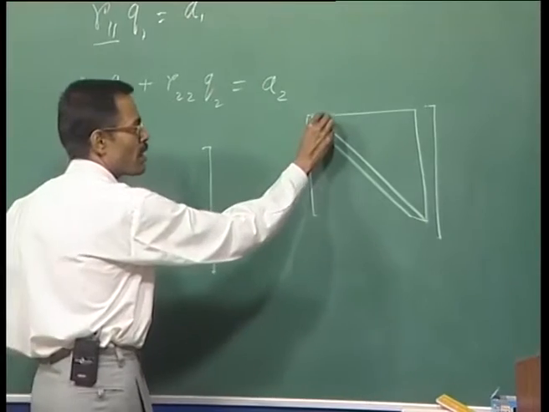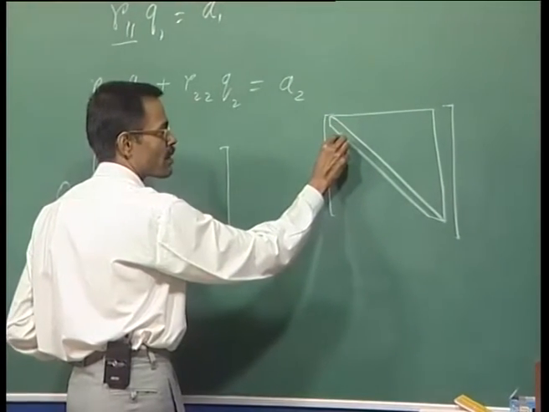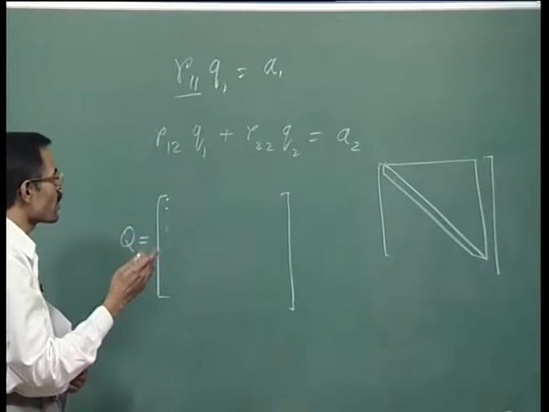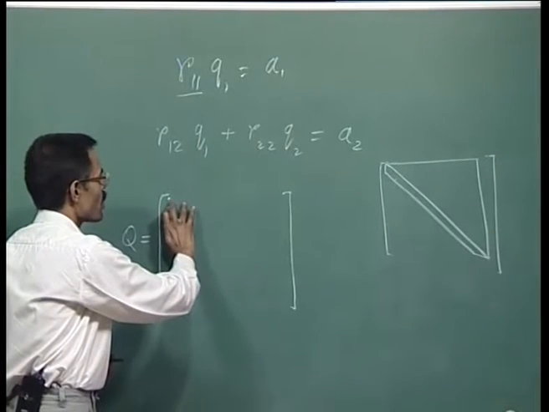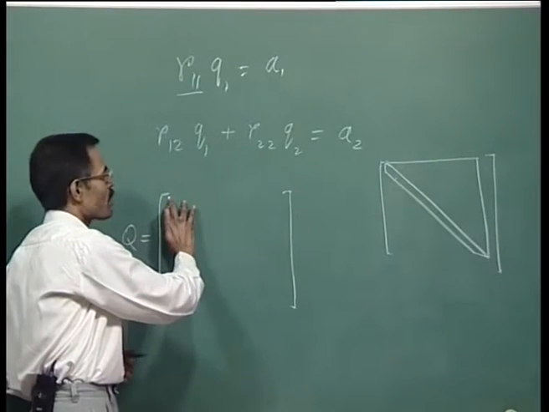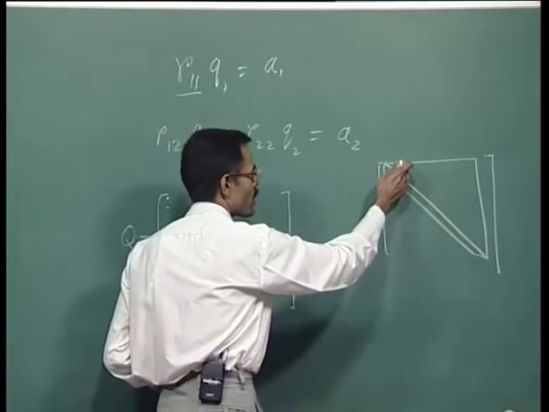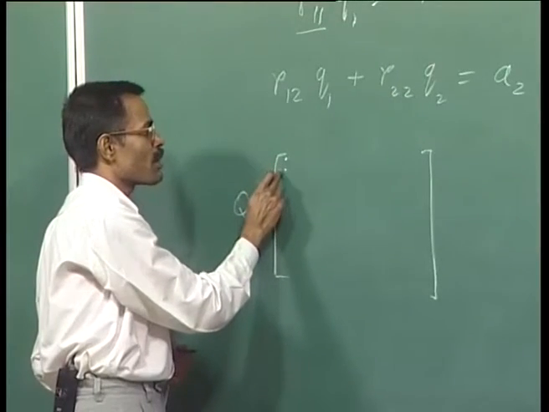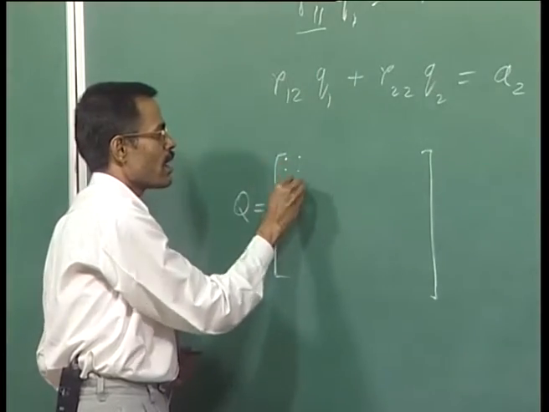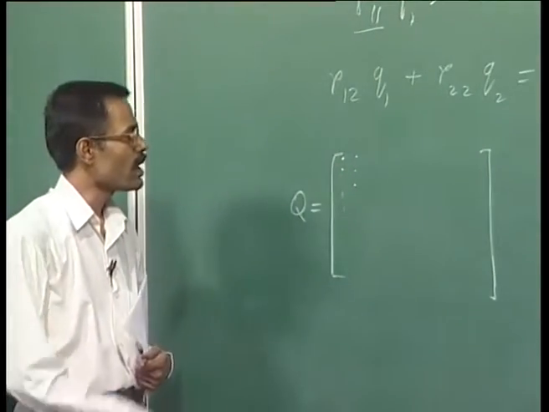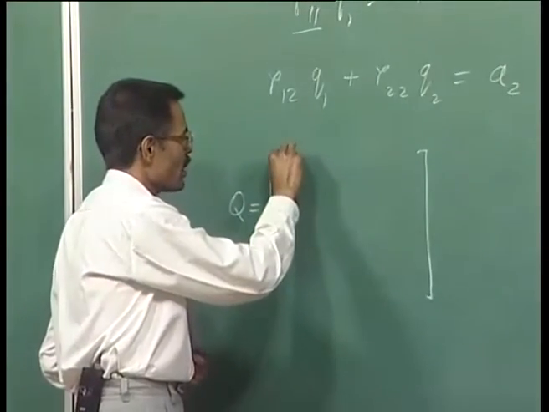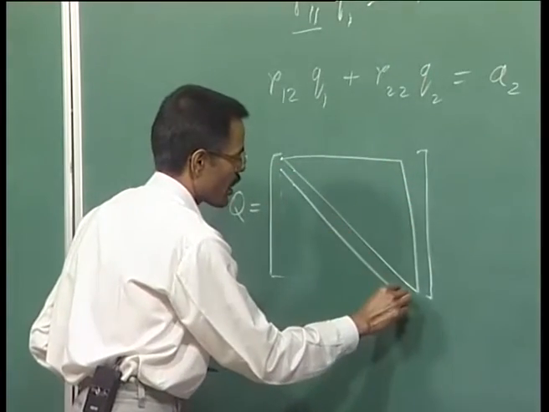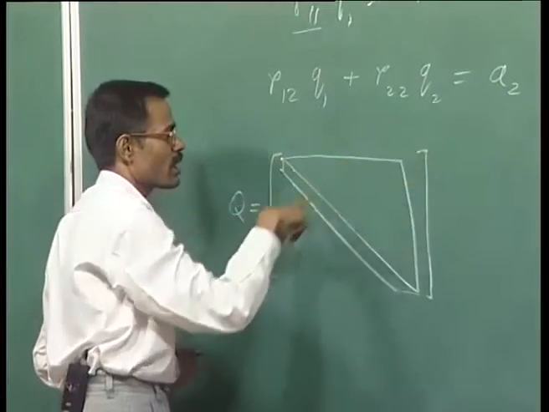Next, the second column of A has 3 terms, right, but then that is a linear combination of the first two columns of Q. Now, the first two columns of Q through a linear combination are giving us the second column of A, and the first column is only having 2 top terms. So, the second column can have only 3 top terms which are non-zero, and so on. Proceeding that way, we find that Q also will have the same shape as A if A is Hessenberg. So, if A is Hessenberg, then Q is also Hessenberg.